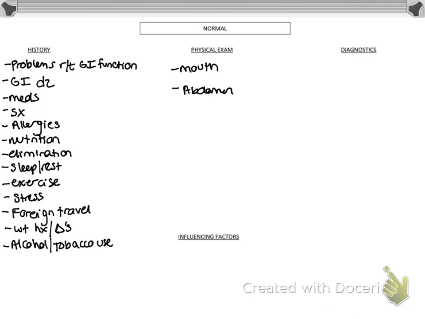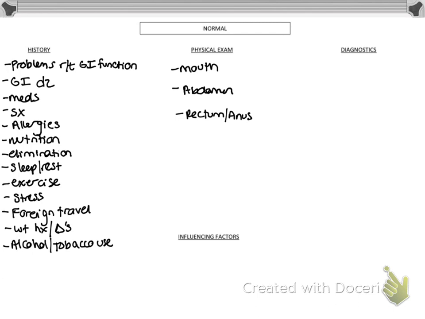Okay, and then? Auscultate, right? Because if we press the belly, if we palpate or percuss, we can actually create bowel sounds that aren't there. So the first thing we're going to do is inspect it and then listen to it to get the best exam. Then we're looking again at the contour of it. Is it distended? Are there bowel sounds? Are there any masses that we can feel?